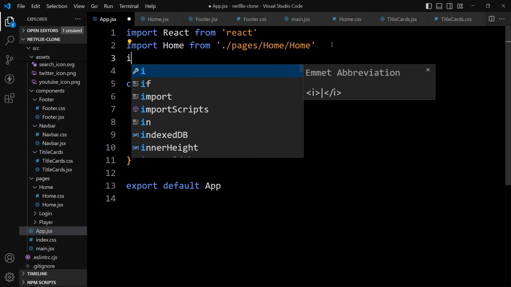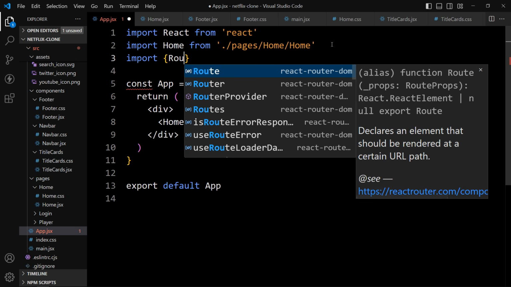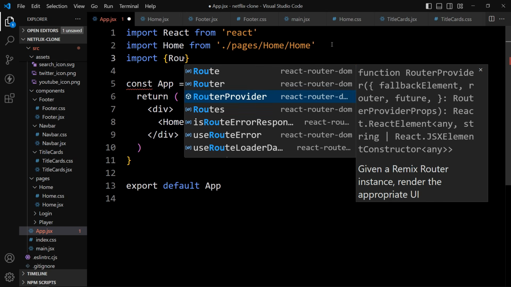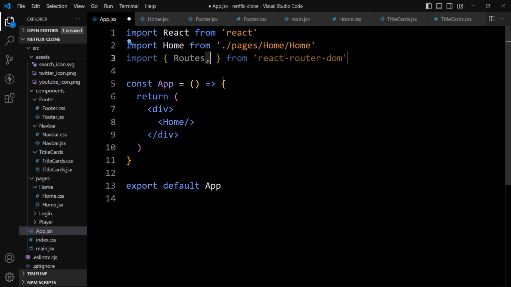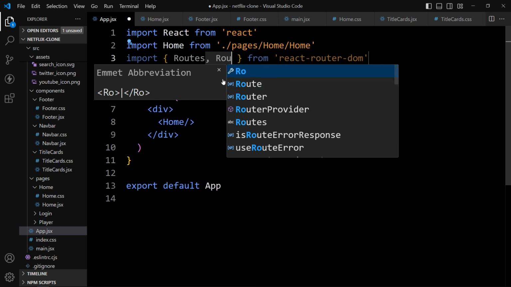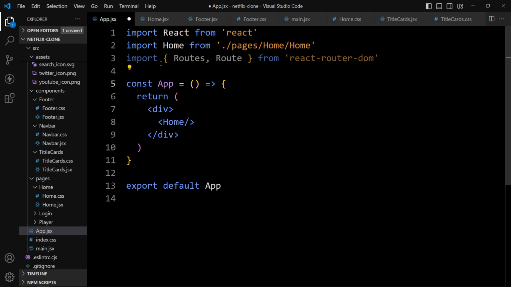So let's add import, and first we will import the Routes. Select this one and we will add one more, that is Route. So we have added import Routes and Route from react-router-dom.